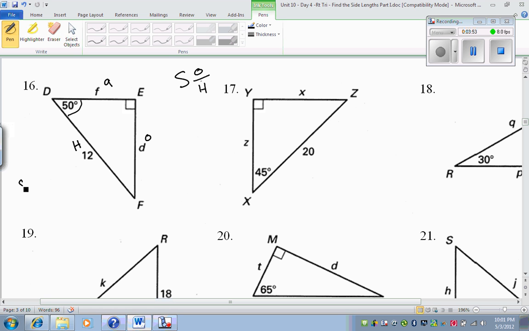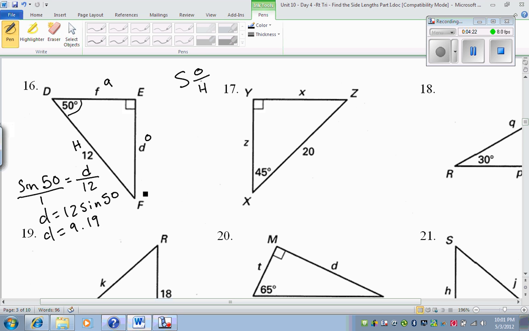So sine of 50 degrees is equal to the opposite, which is D, over the hypotenuse, which is 12. I'm going to cross multiply, so D equals 12 sine of 50 degrees. And if I type that in my calculator, 12 sine 50, I get D equal to